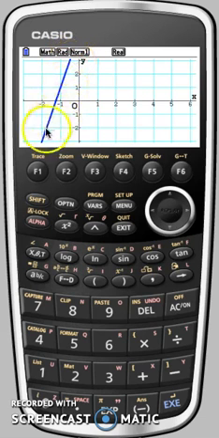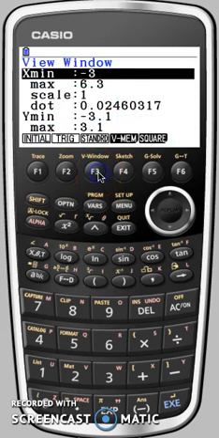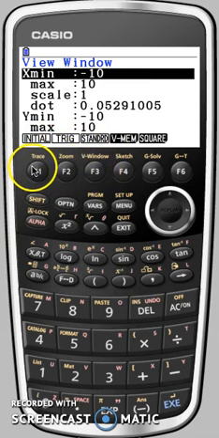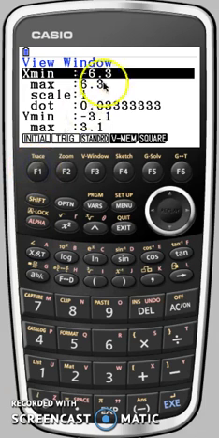At the moment you can see it's not really on the screen that well, so we're going to have a look at the view window. Usually you need to press shift to access the yellow words on the calculator, but in graph you can just press straight to F3, it takes you to the view window. You've got some preset options here. We've got the initial, trig and standard. So the initial one is really useful because if we go back now to our graph,